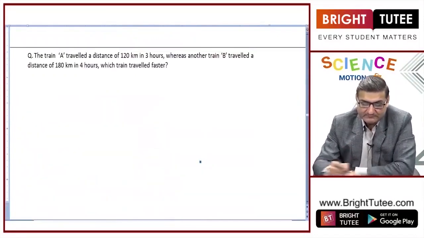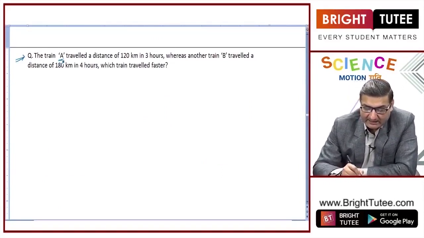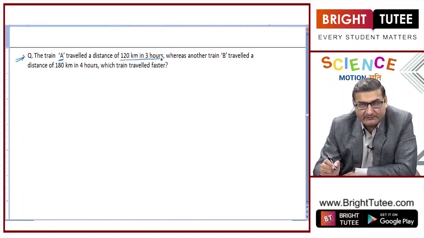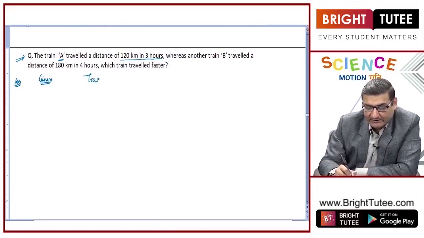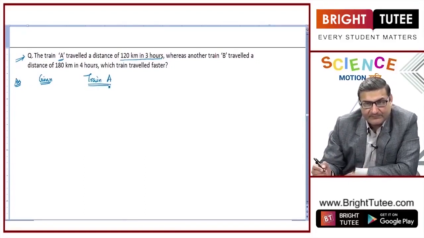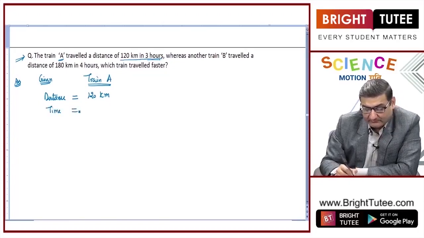Let us see. Now, in this question, what he is asking is, a train A travelled a distance of 120 kilometers in 3 hours. So, first of all, let us write what exactly is given to us in the question. There is a train A, right. The distance travelled by this train A is given to be 120 kilometers, and the time given for this train A is 3 hours,